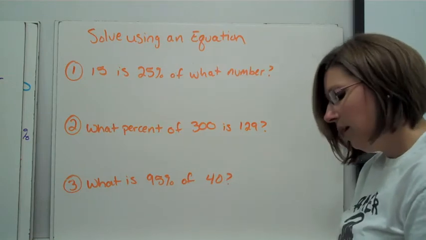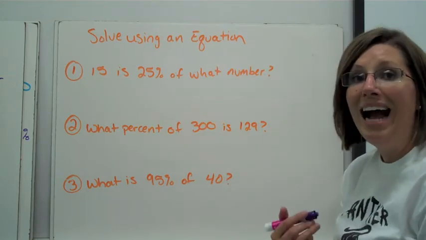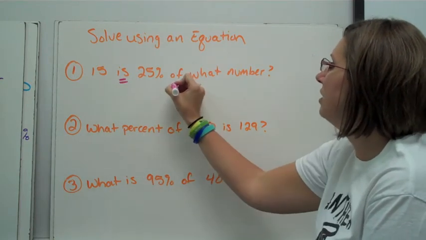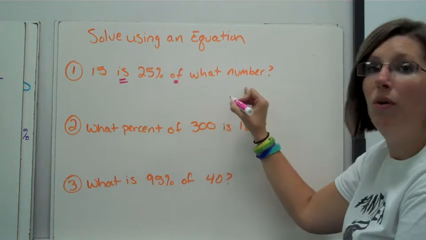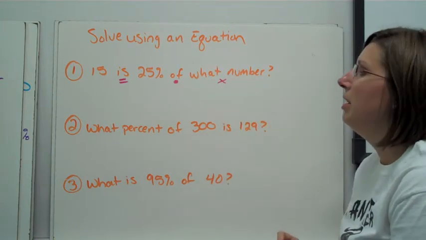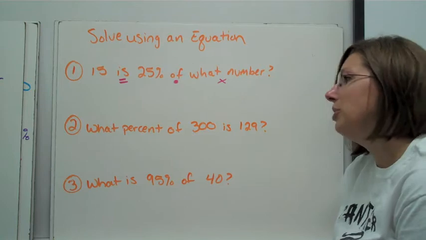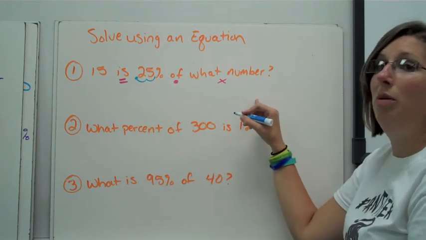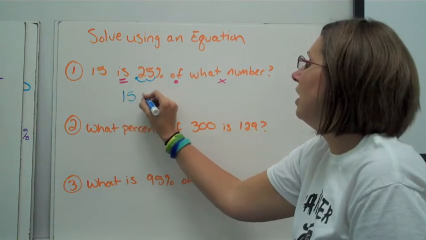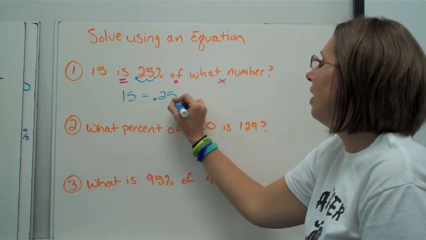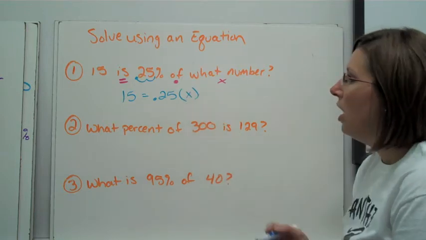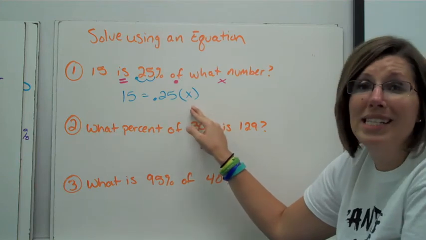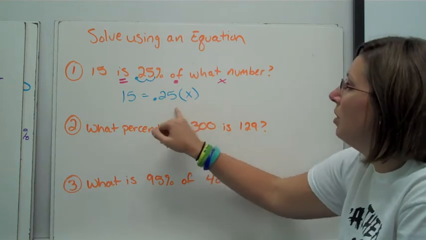So here we go. Let's set up our equations. Again, we're going to identify our key words. Is means equals, of means times. What I'm looking for, that's going to be my unknown value. And then I just, remember, turn my percent into a decimal and I fill out my equation. 15 is 25% of what number? When I choose to write my equation, I like to use parentheses to represent multiplication between